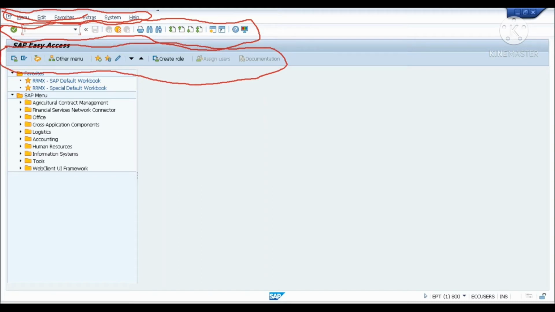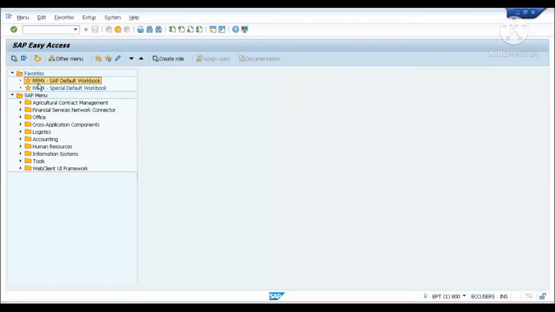So the first one is the menu toolbar, the second one is the standard toolbar, and the third one is the application toolbar. Now, let me remove this.